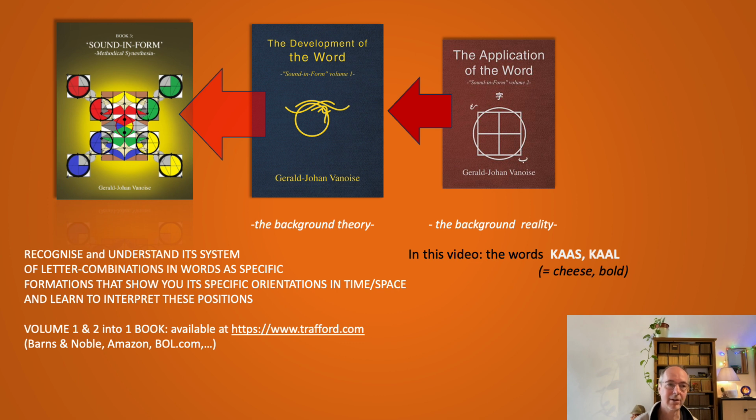Underneath it is the essence of an orientation of each specific letter that directs you in a certain direction, and the combinations of the directions put you into the right combinations of orientations, and you know what the letter is about. And that's the most difficult thing to achieve, to go to that essence.